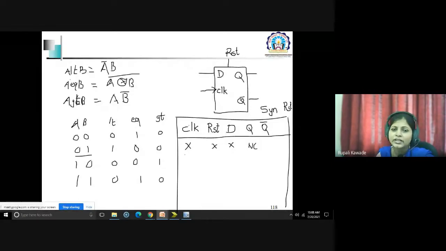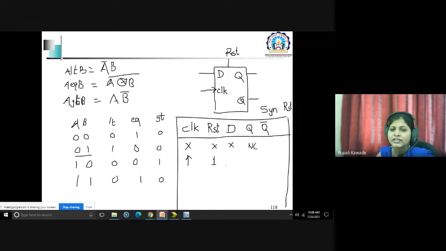But if clock is present and you have activated a reset, let's say our reset signal is an active high signal. Active high means it will perform the clearing operation whenever its input is 1.